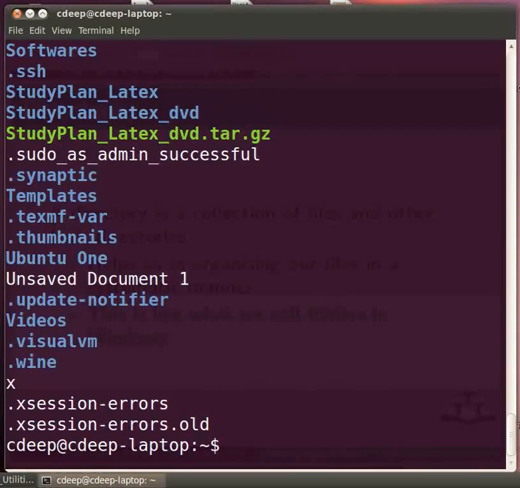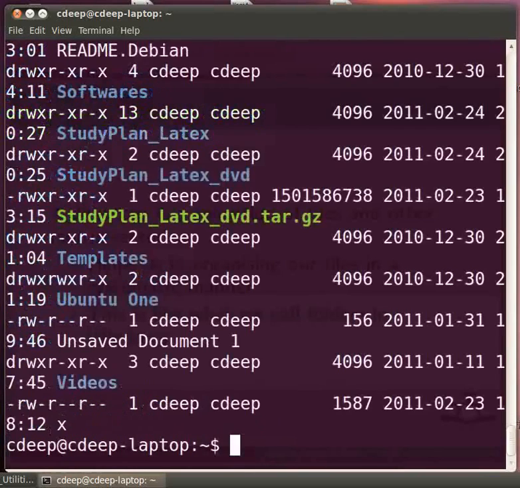If we not only want to see the files but also get more information, we can use the -l option. Just type the command ls space -l and press enter. It gives us the file permissions, file owner's name, last modification time, file size in bytes, etc. Explanation of the fields of this option is beyond the scope of the present tutorial. ls can be used with many options which we will see later.